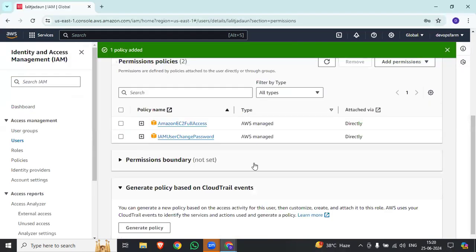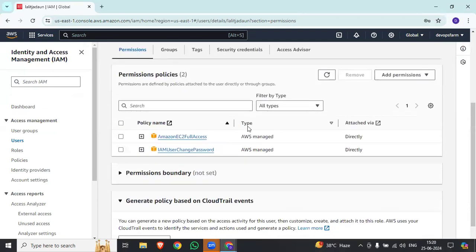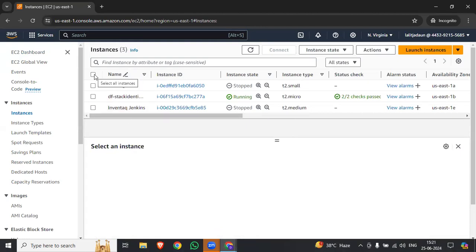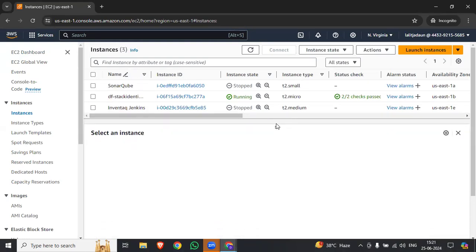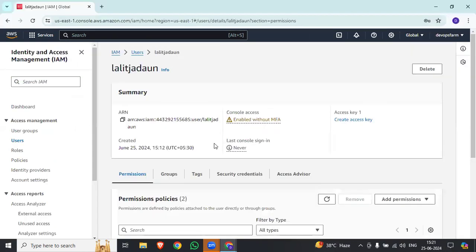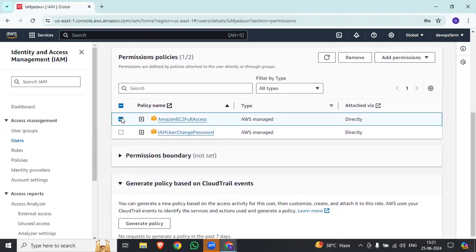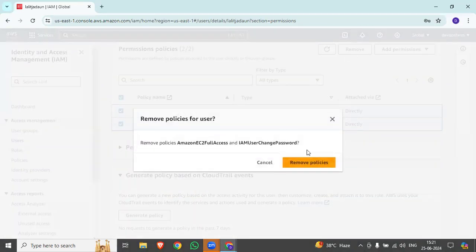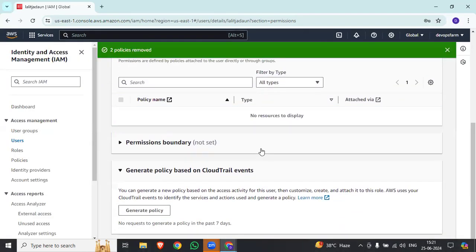You can see here, first the root user gave the permission to use the full access of EC2, and after that he is able to use the full EC2 instance. Now it is clear. Yes. Okay, so if you delete this, remove this policy, remove this permission,